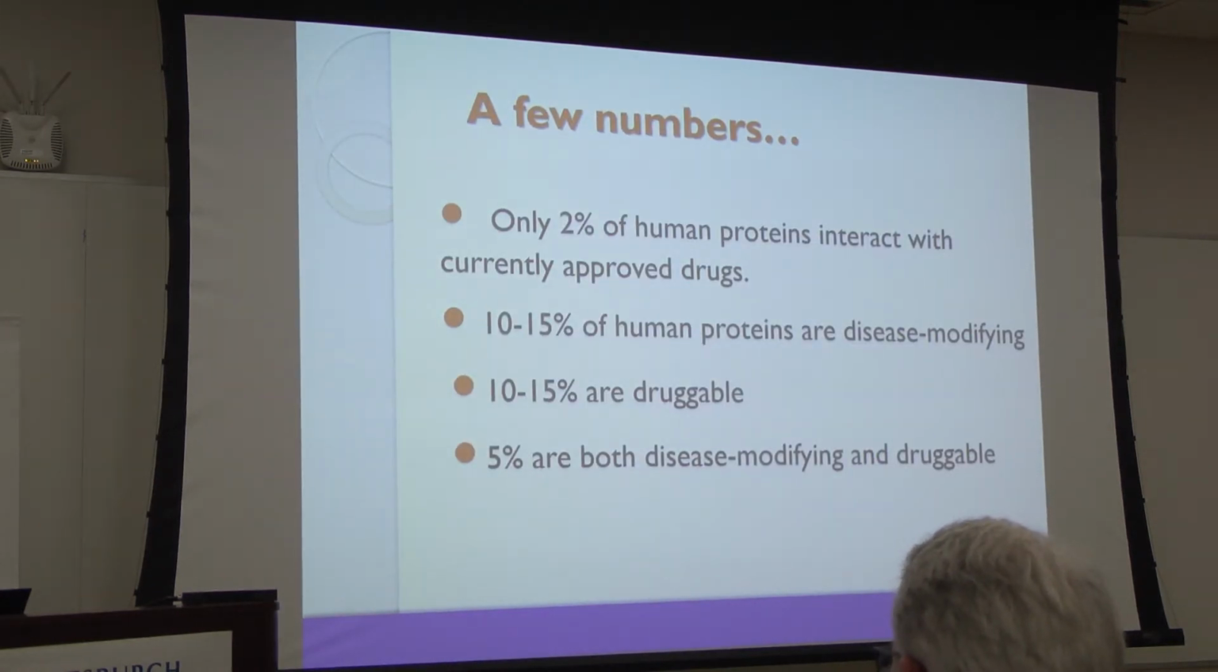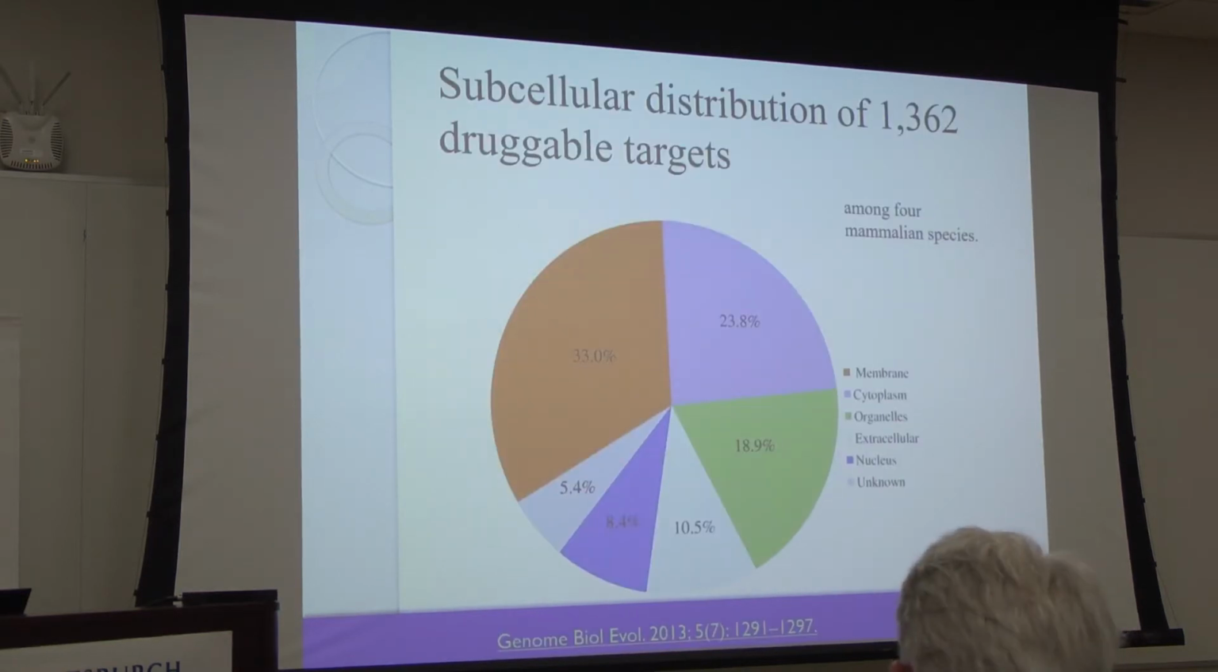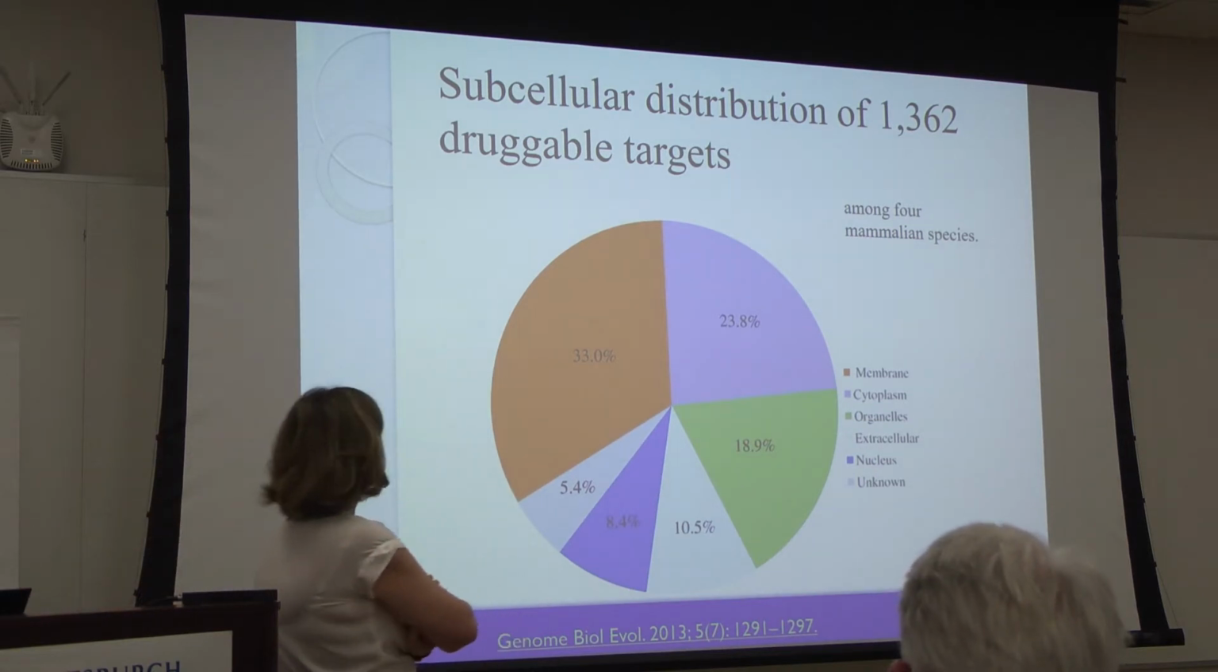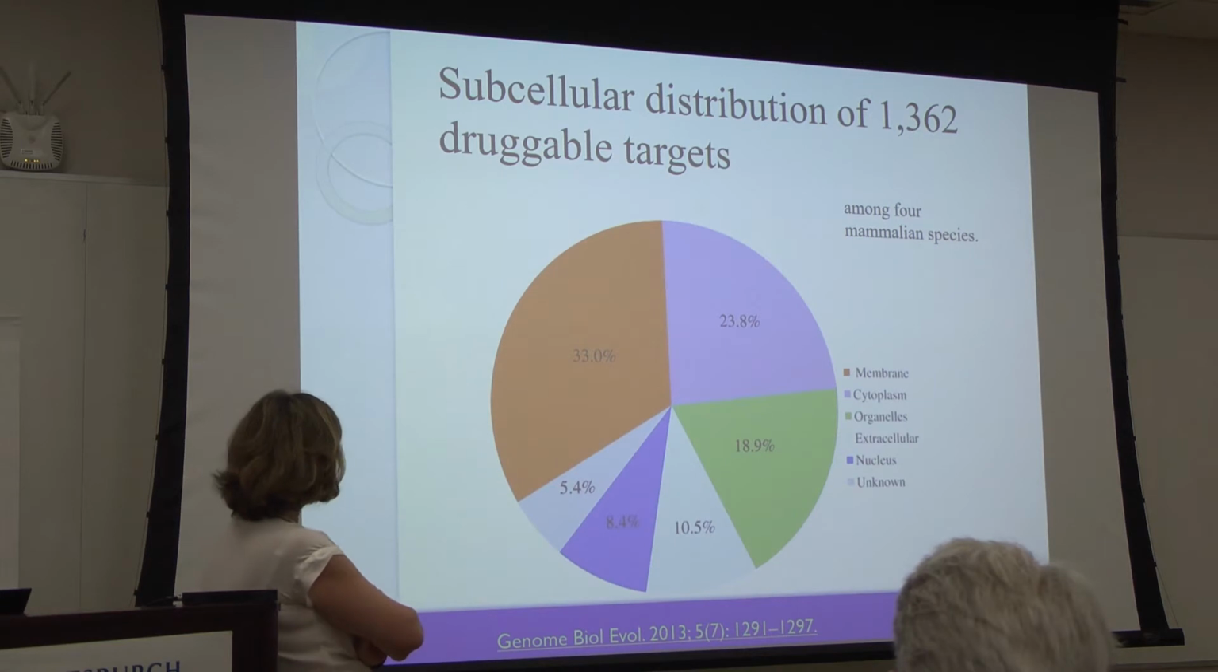So just a small fraction, only 2% of human proteins right now interact with currently approved drugs. So 10 to 15% are disease modifying, 10 to 15% are druggable, and 5% are both disease modifying and druggable. So that's the statistic. And how the druggable targets are distributed, at least for the time being, what we know, is